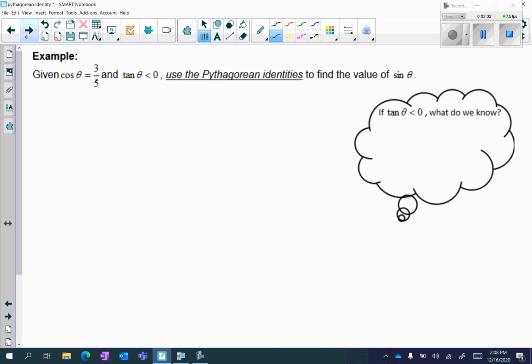So given cosine theta equals 3 over 5 and tangent of theta is less than 0, use the Pythagorean identities to find the value of sine theta. So if I'm looking to use the Pythagorean identities, that means I'm using cosine squared theta plus sine squared theta equals 1. So if I know that tangent is less than 0, what do I know? Well, right now, I know that cosine theta is a positive number,